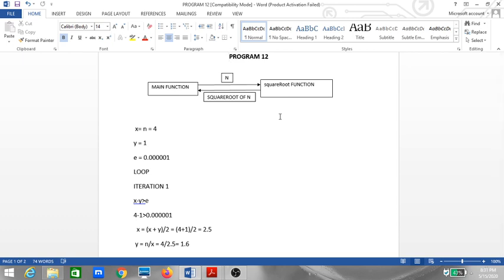We have seen it in the prime function, that is your program 7. So no much detailed explanation will be given with regards to the function. This square root function will calculate the square root and give back the value, and whatever value is returned will be printed in the main function. So this is how the flow of the program will be.